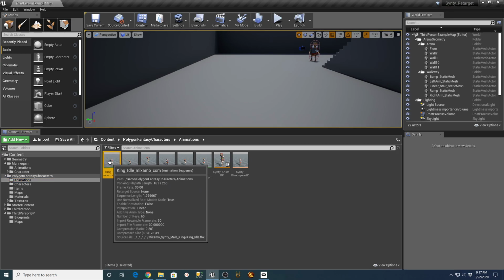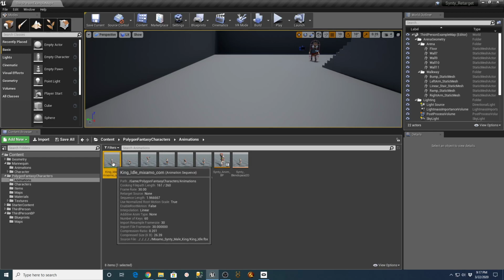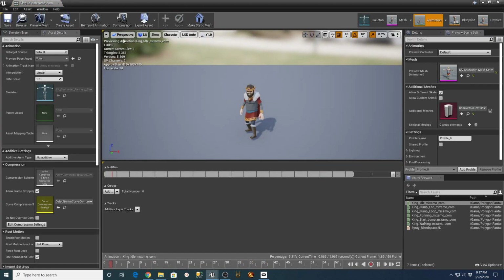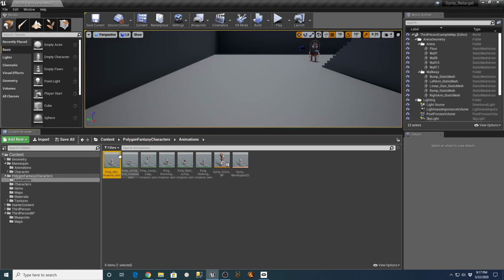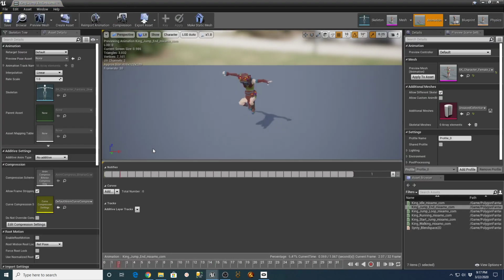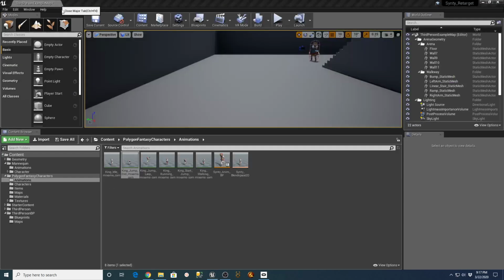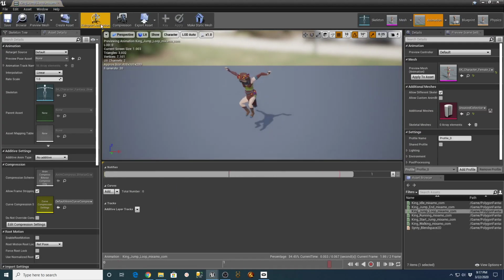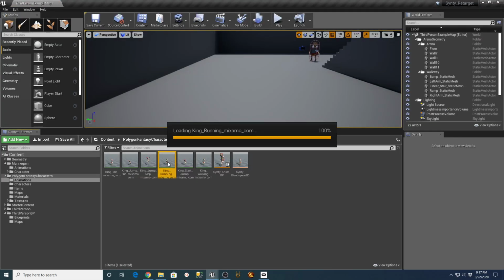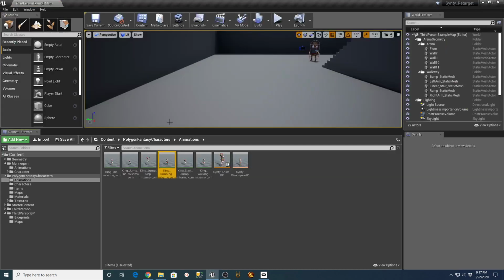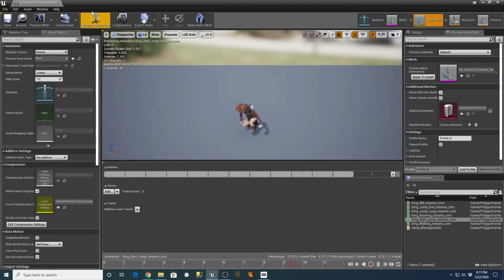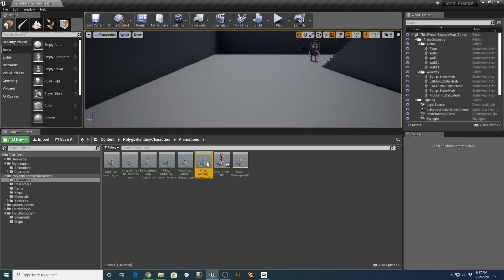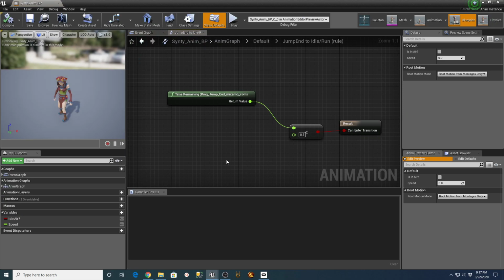Let's see if all these play. That plays. That plays. That plays. That plays. Why? They're all playing. Anybody have any ideas?